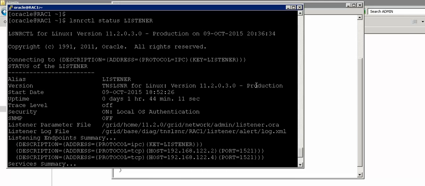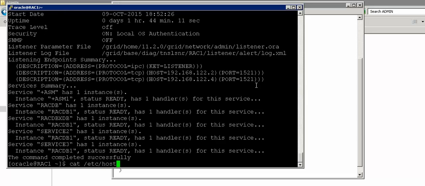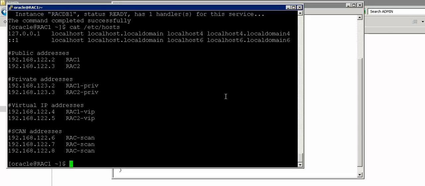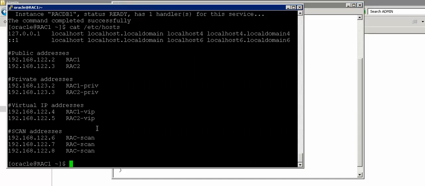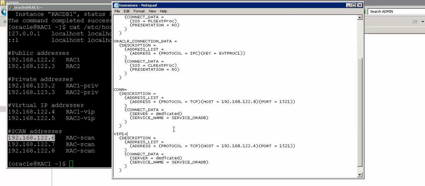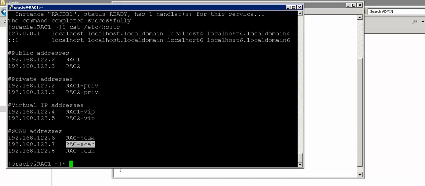So let me say cat /etc/hosts. It will have all the details. Please be sure that we are using VIP like this, directly IP addresses on the client server, but in reality you will always have to use DNS names, like you have to use RAC scan instead of the IP address of the scan, because DNS will be resolving this name into the IP, and at that point it will be following a round robin